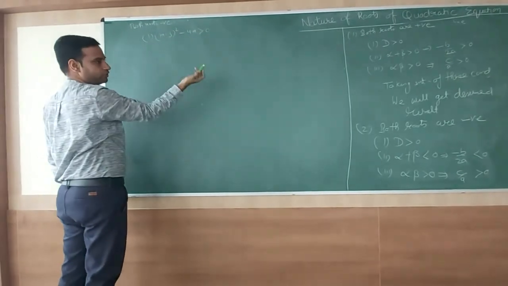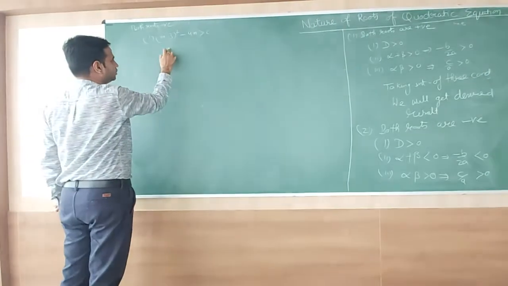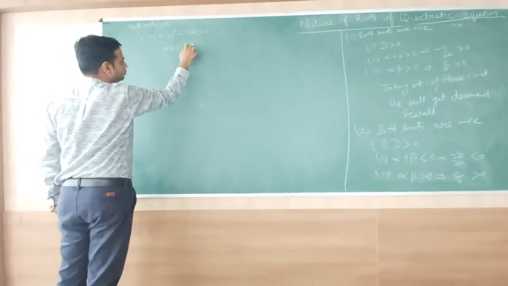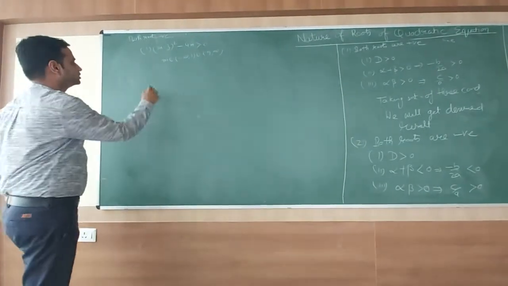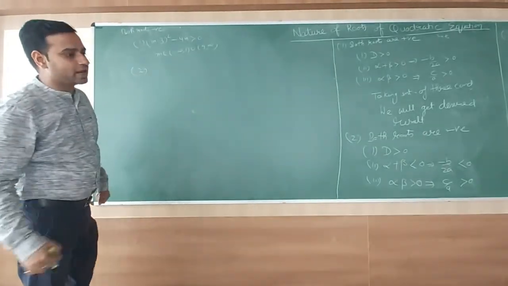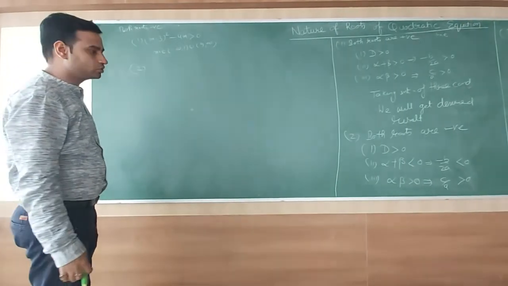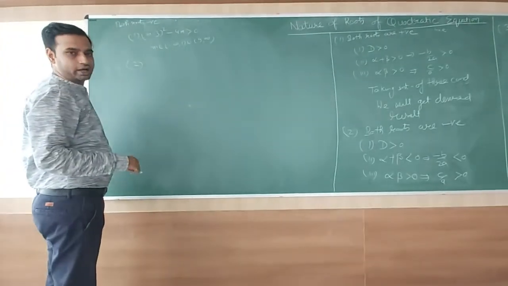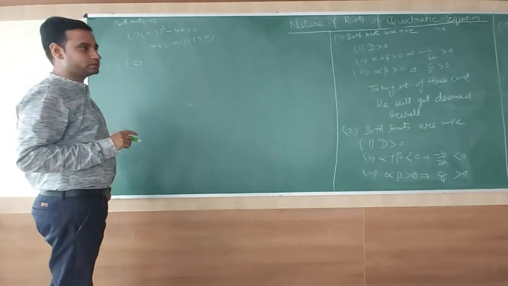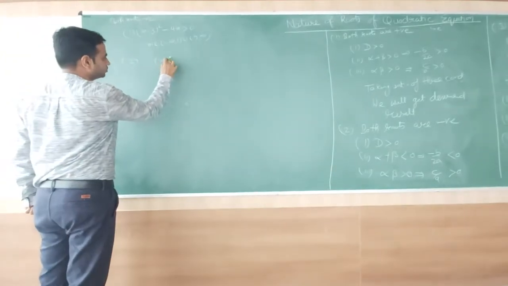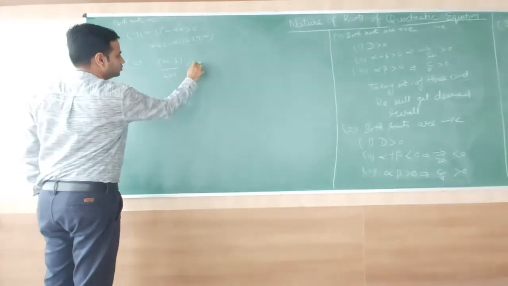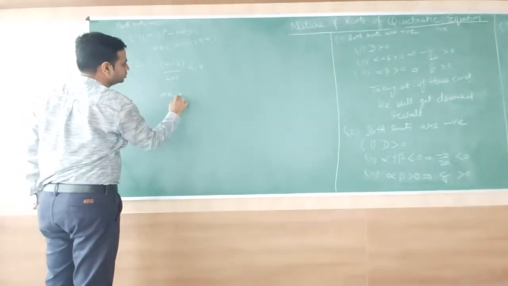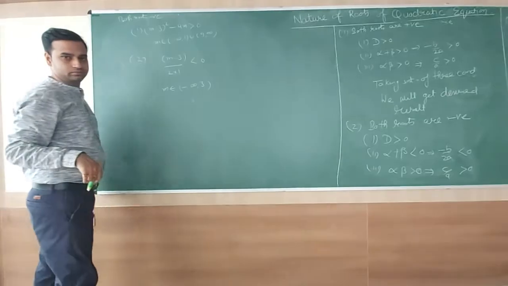We have calculated in the last question that m belongs to minus infinity to 1 union 9 to infinity. Okay friends, second point, it was alpha plus beta, sum of roots. It was minus b by 2. Again, b is minus of (m minus 3), so it will come out to be positive: (m minus 3) upon 2 into 1. And c, it was less than 0. So m belongs to minus infinity to 3.